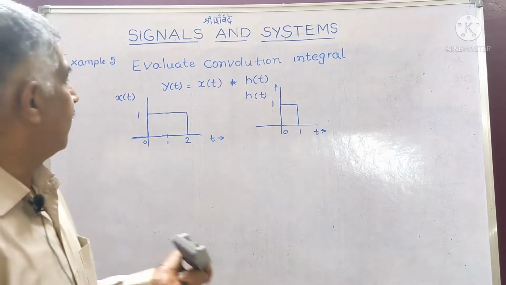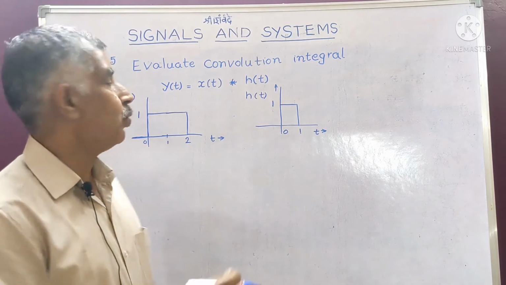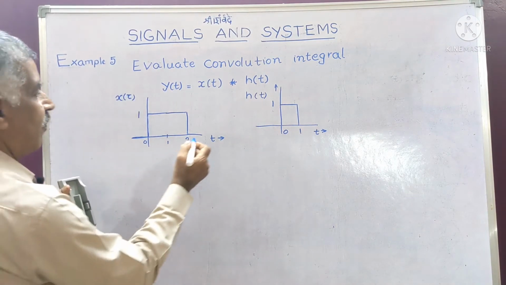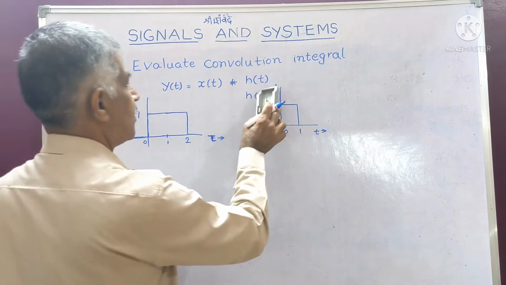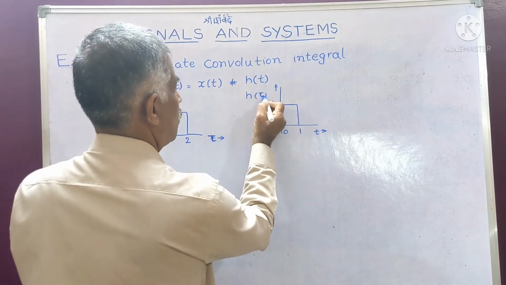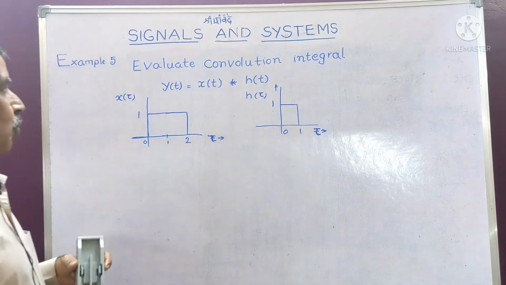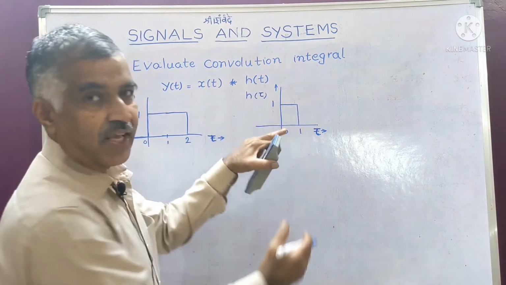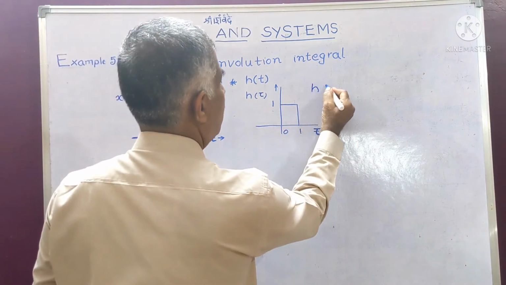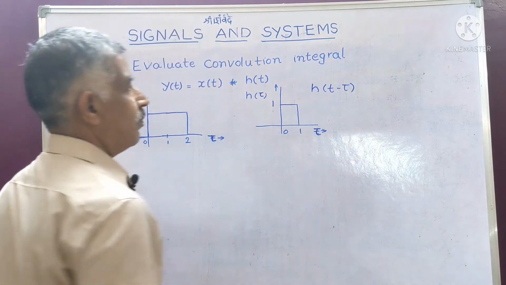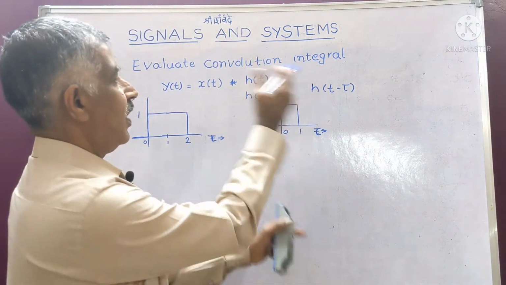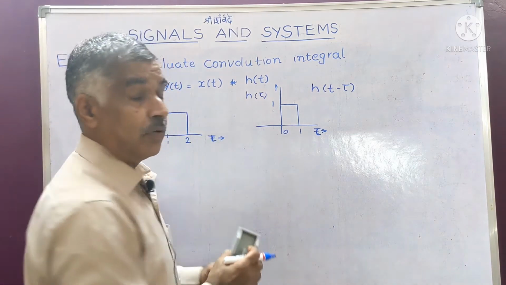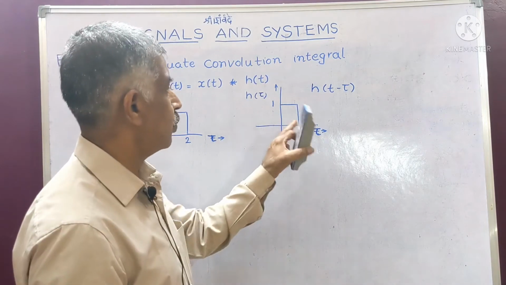Now you know the procedure. First change t to tau. Change t to tau, then it becomes the x(tau) waveform, then this becomes the h(tau) waveform. Now this is the x(tau) waveform. Next h(tau), take the h(tau) waveform because we have to form h of t minus tau. To form h of t minus tau, first take the mirror image and then shift by t units to the left. That is the procedure. And you must correctly call the edges because here we have two edges.